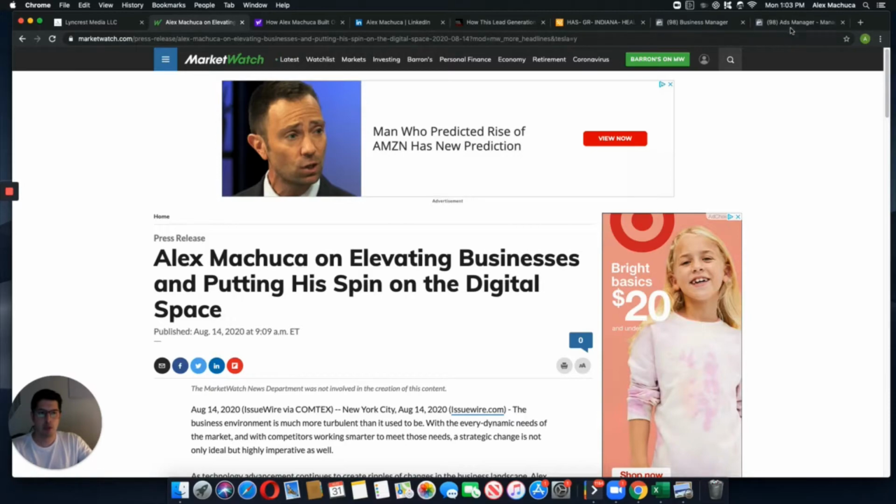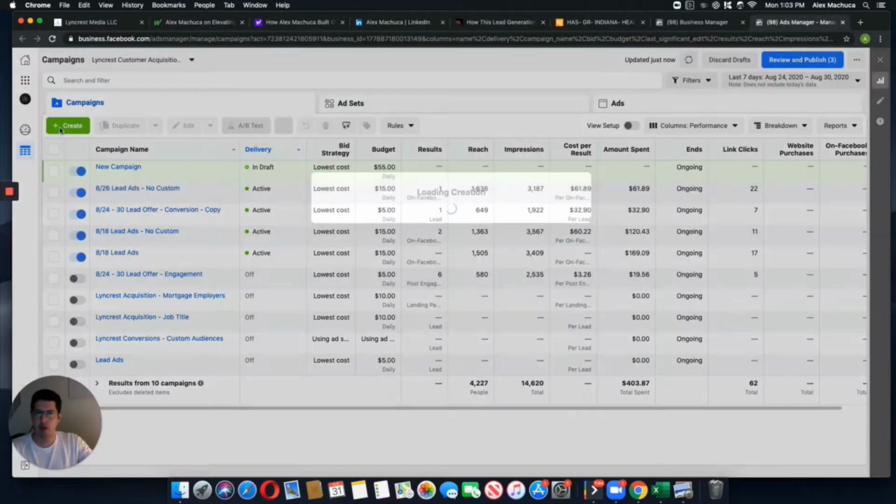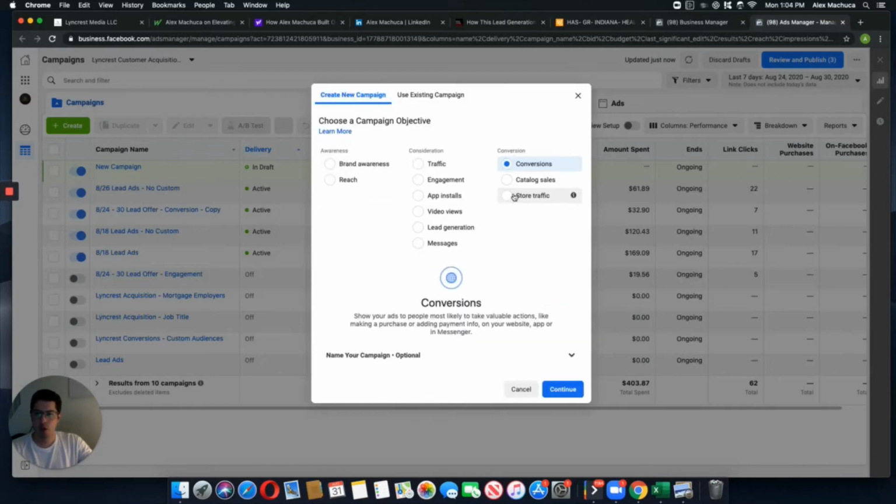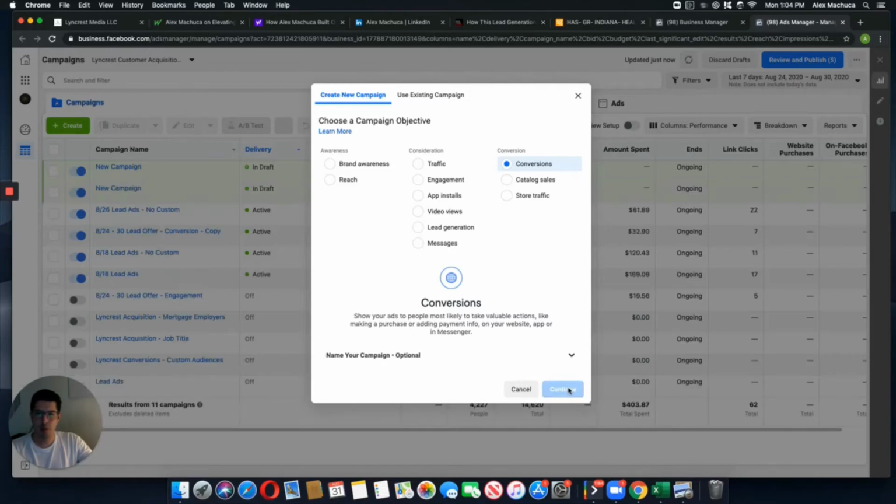When you are creating an ad and you want to create a long form lead, the whole objective of this ad is to get them to go to your survey. I'll show you guys how to create the survey after, but right now, we are going to launch a conversions campaign. Whenever we're going to a different source on Facebook, that's called a conversion campaign. We're bringing the lead off of Facebook to a different website, and we want to convert that lead. That is why we do a conversion campaign.